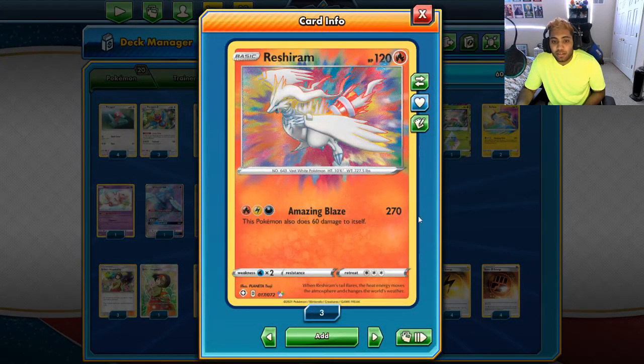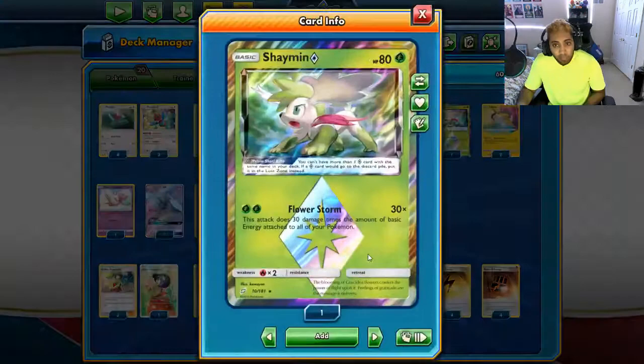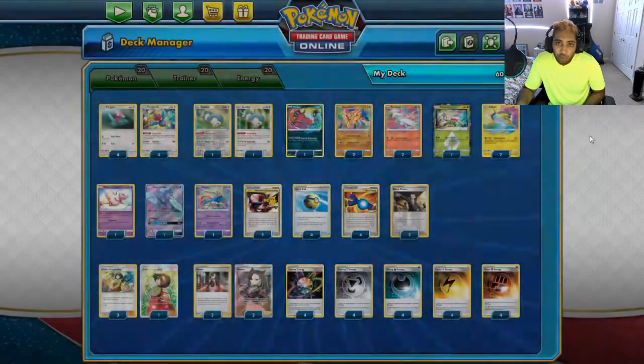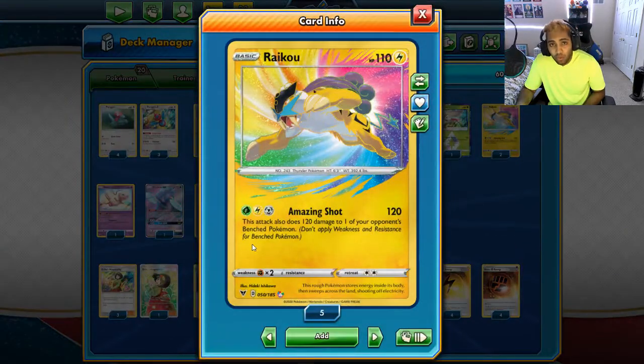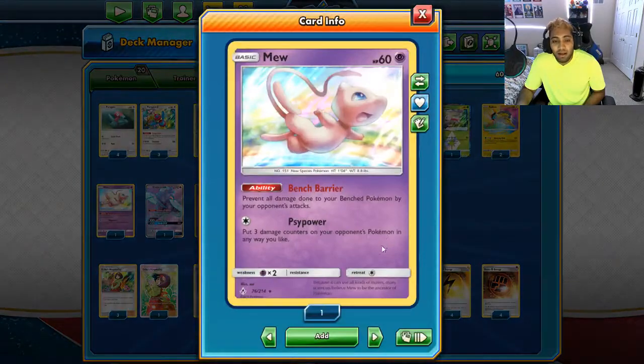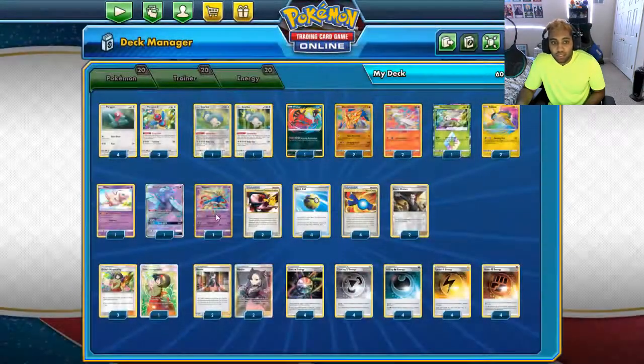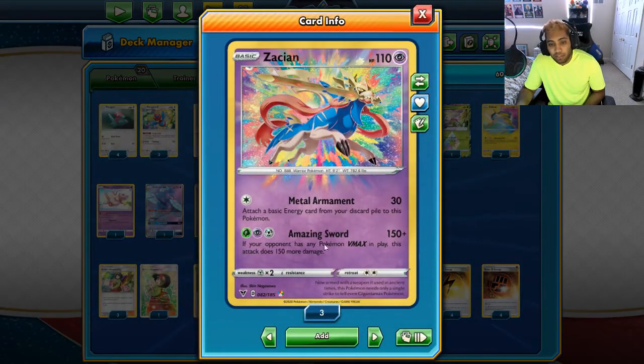Reshiram does 270 and 60 to itself, but the 270 is a pretty big number. It helps us deal with a lot of interesting decks. Shaymin Prism is in the deck. We can't attack with it, but it is free retreat for us. Raikou has Amazing Shot that sets up damage across the board for us with the snipe. We have Bench Barrier on Mew because obviously Rapid Strike Urshifu's pretty big right now in the format. Oricorio to draw cards. Zacian to use Amazing Sword and do 300 to anything really, because almost every deck has